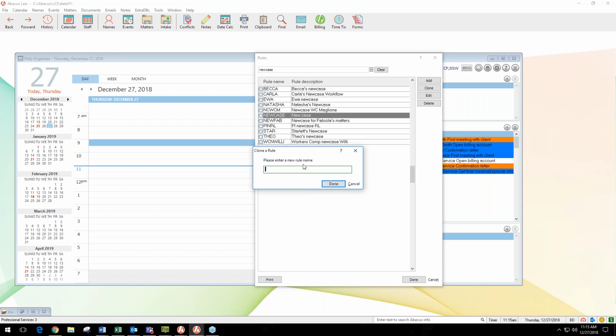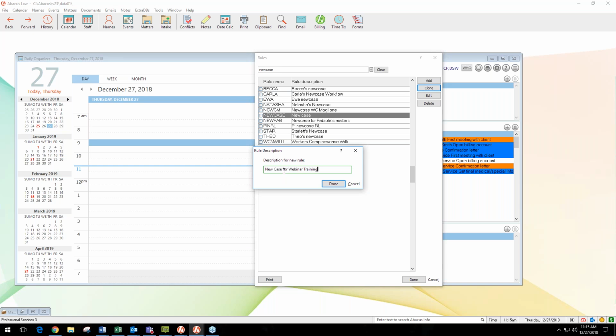So instead of new case, let's just call this new NC, and we're going to call it an NC web, as in the webinar, because we're doing one here. Okay, and that will be your name of the rule. And then when I click done, you can put say new case, and then here you can be as explicit as you want, as in actually typing new case for webinars training, right? Whatever the case may be, however you want to name it,